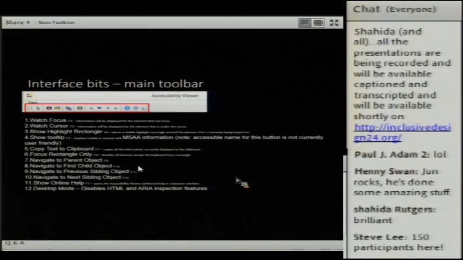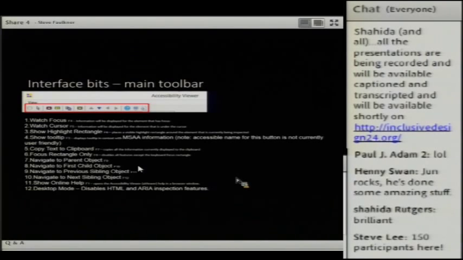Then you've got these four buttons: the up, down, left, and right. If you're focused on a particular object, then they will light up or become enabled, and you can move up and down and across the accessibility tree using those. As it says, you can move up to the parent object, first child object, etc. The next one is show online help. There's not a lot of help there.